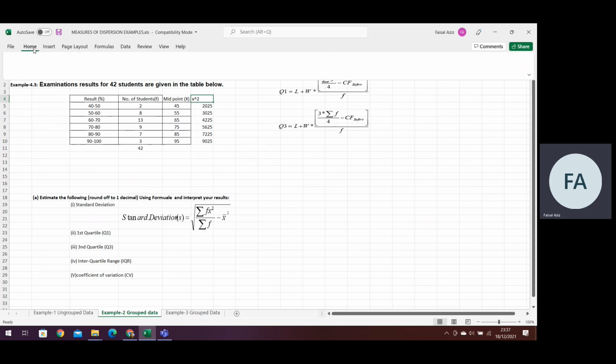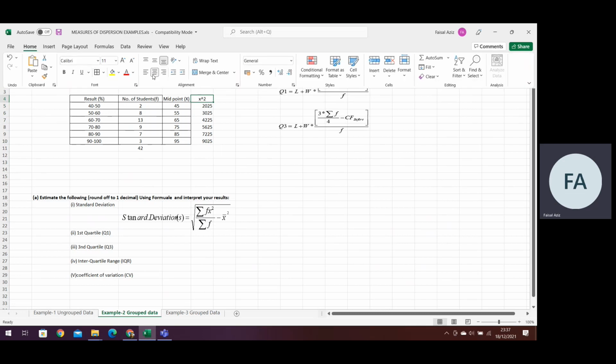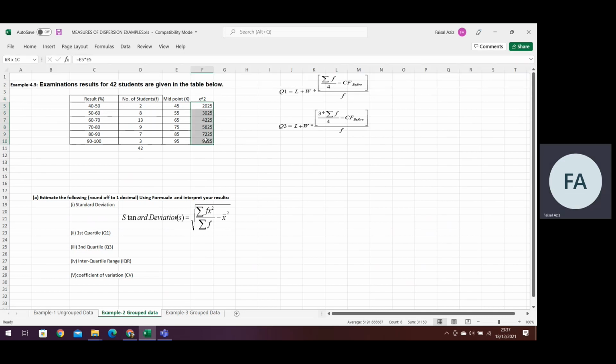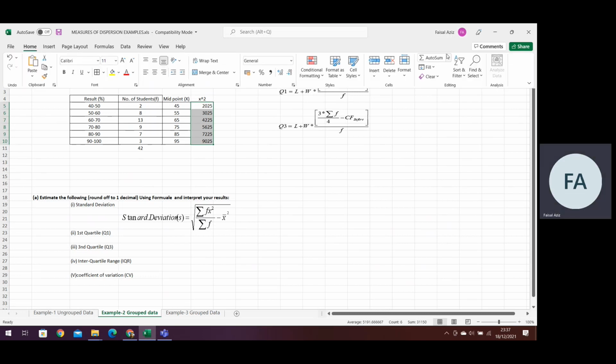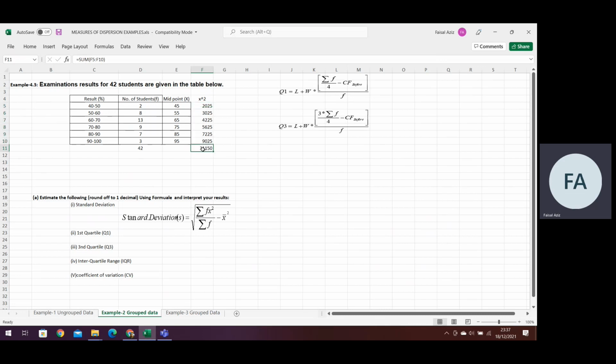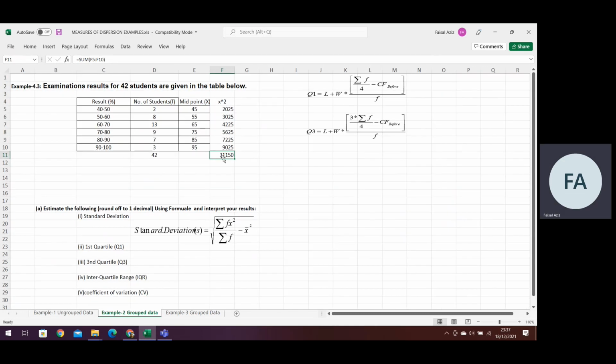Okay, then afterwards, after getting this, I can calculate the sum total in this column. So I will select all these observations and then in home screen, I'll click on auto sum. So this will give me the sum, which is 31,150. So this is what summation